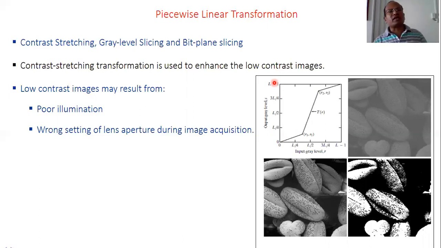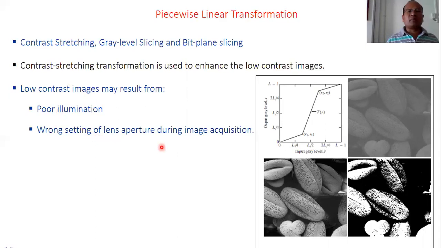The reasons for poor contrast are poor illumination. We know how an image is formed. There is a source of energy from where the light is incident. If that illumination source is not strong, is poor, then the incident and the reflectance components accordingly will not have proper values, and the image formation might not be correct. Because of that, we need to improve the contrast.